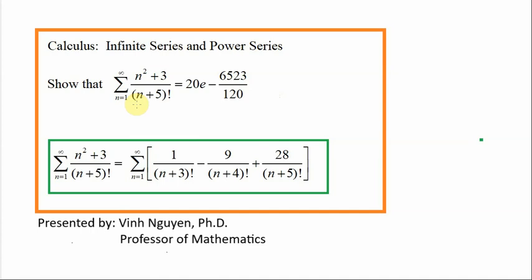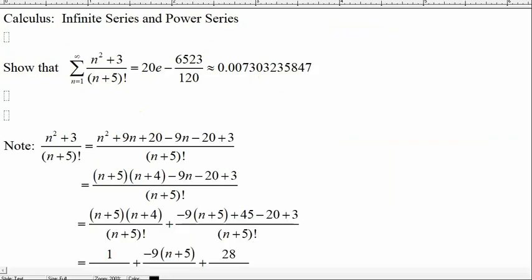In this video, I want to show that the series with the expression n squared plus 3 over (n plus 5) factorial converges to (20e minus 6523) over 120. And so for the expression n squared plus 3 over (n plus 5) factorial,